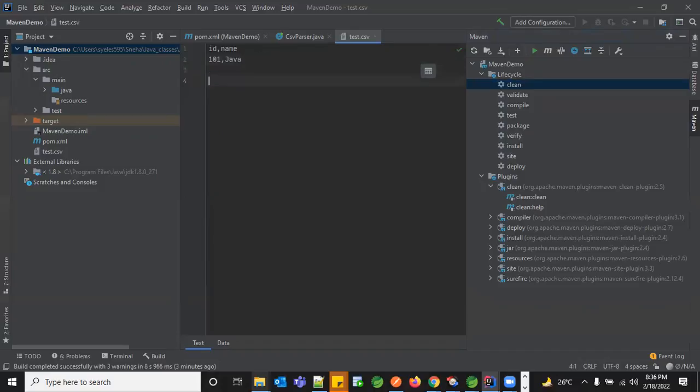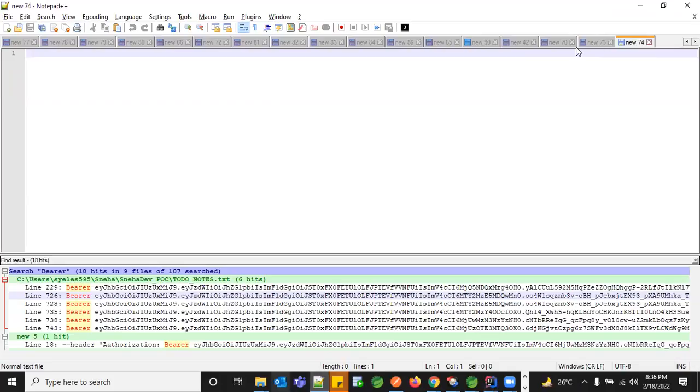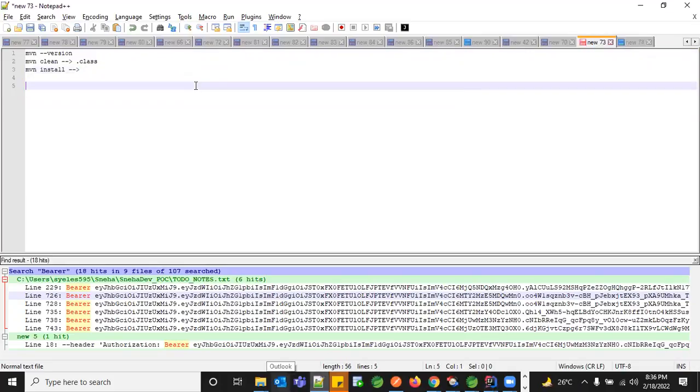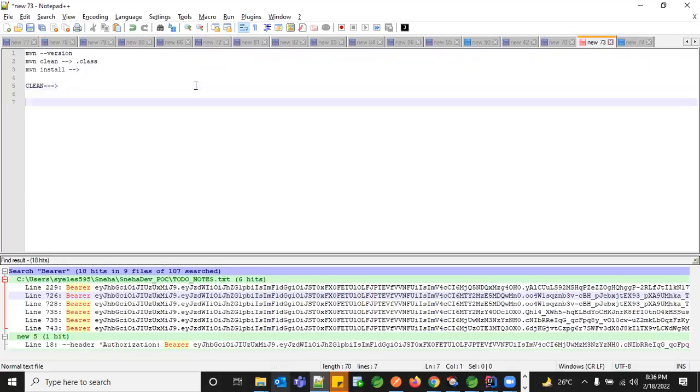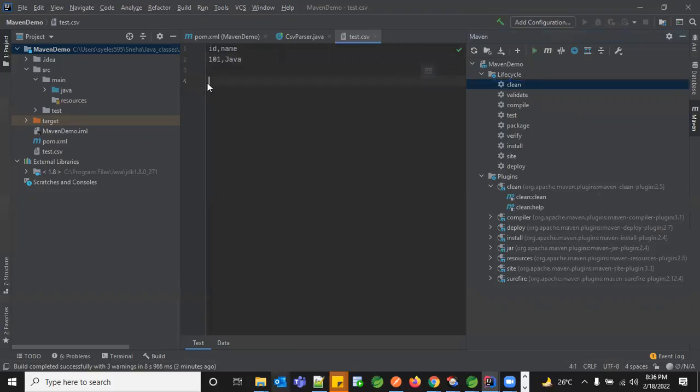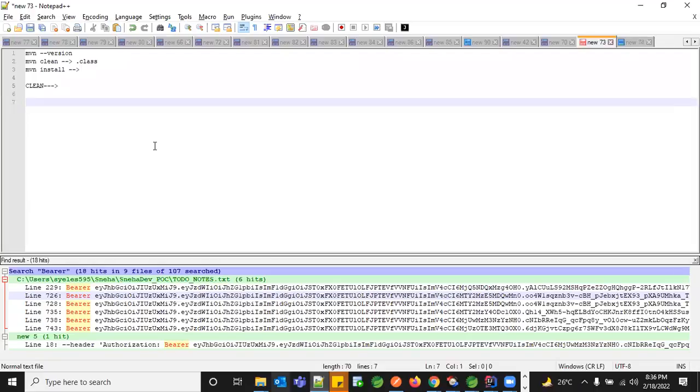Let me just use this and then come back there. So the first one, the clean, which is very well known, is just for clearing up. The next one in your life cycle is validate. In validate, your group ID, artifact ID, and your version are the main things whenever you're creating your Maven project.